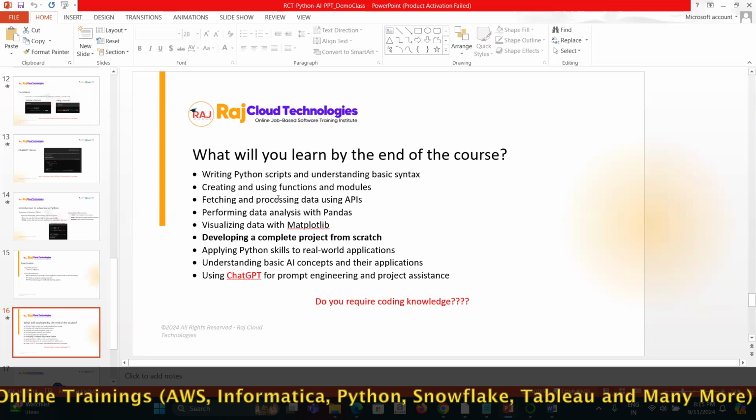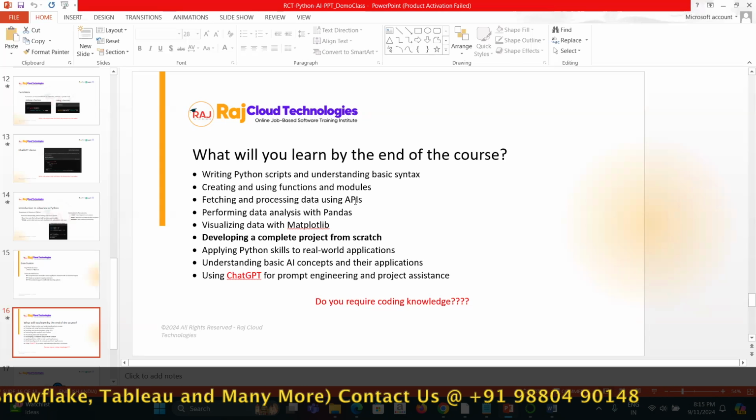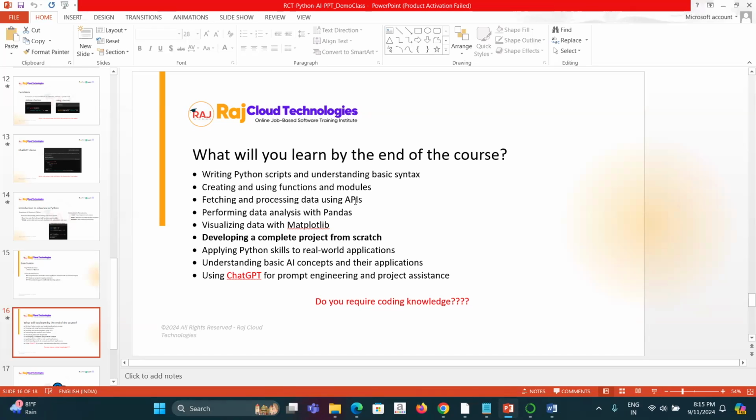Some amount of fetching and processing of the data using APIs. For example, there is the weather API, an open weather API where you can get information about the weather at different locations. Or financial information: there are a lot of APIs available, like Upstox, Zerodha. Those are APIs you can use for getting financial information also.